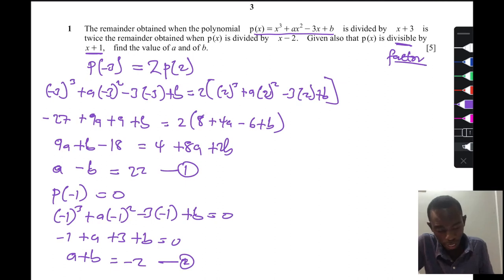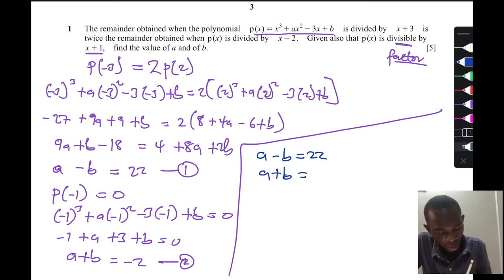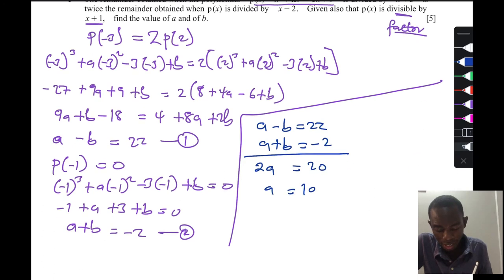So you have two equations actually. Let's write those two equations here. You have a minus b equals 22, and then you have a plus b equals negative 2. So we can add the two equations to eliminate b. So we have 2a is equal to 20, a is 10, and if a is 10, put it into one